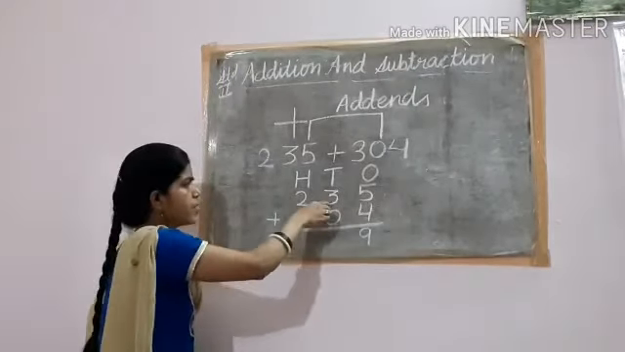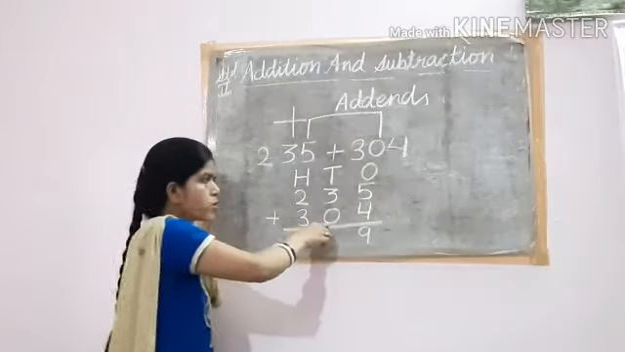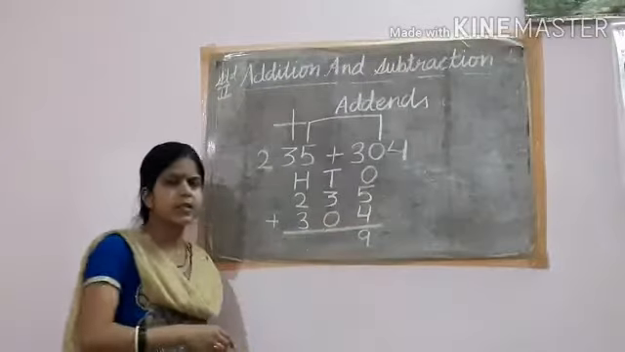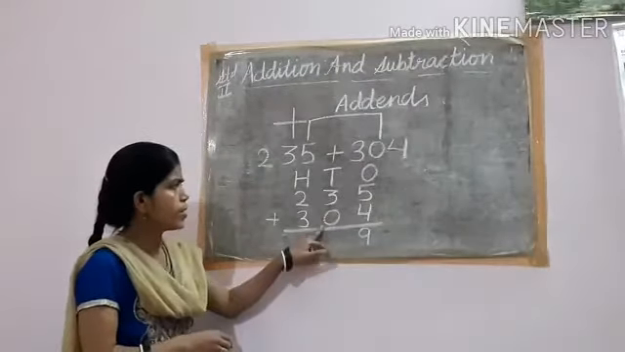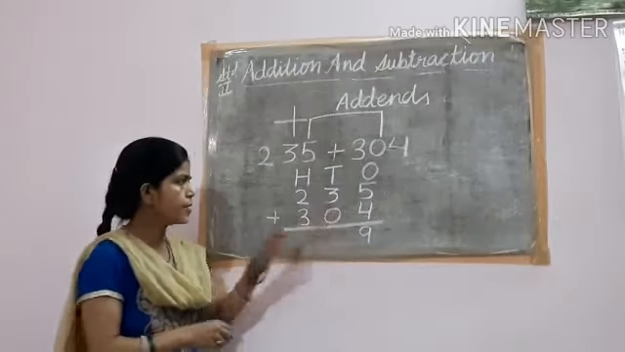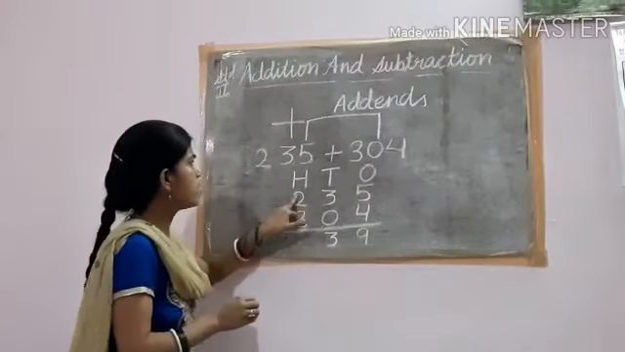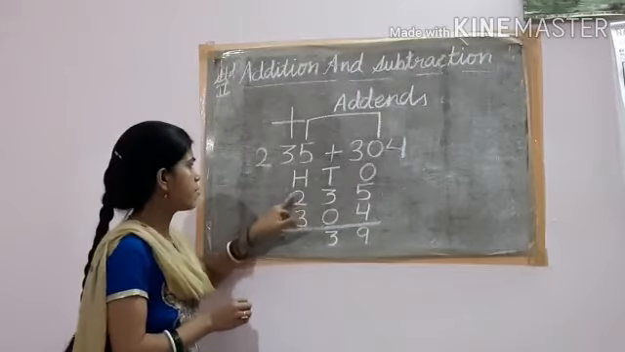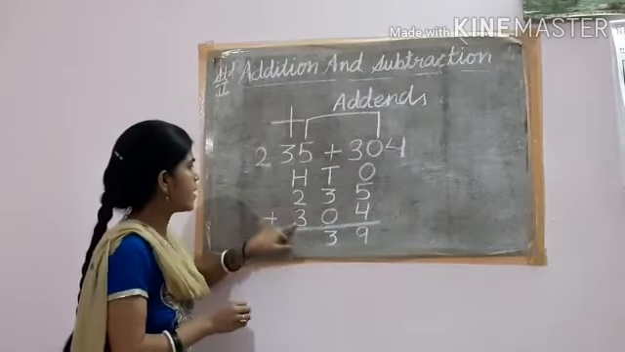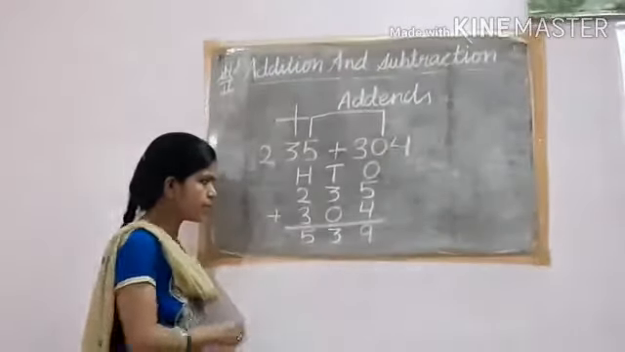Next, the tens place: 3 and the number below is 0. You have learned in the rules that whenever we add 0 to any number, the answer is the number itself. So 3 and 0, the number is 3. Now let us move to the hundreds place: 2 and 3, 5. So here the answer is